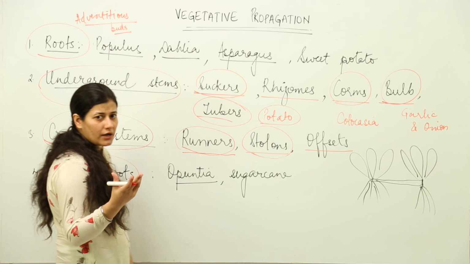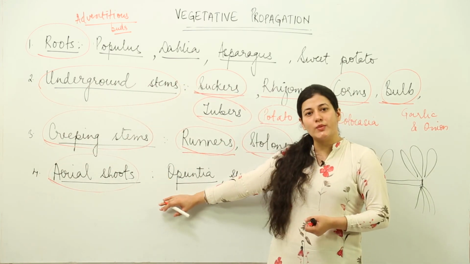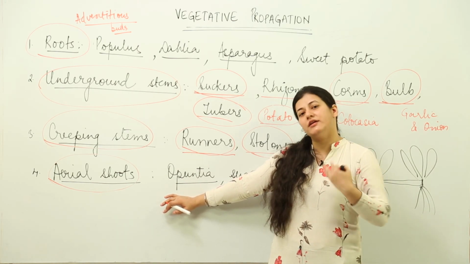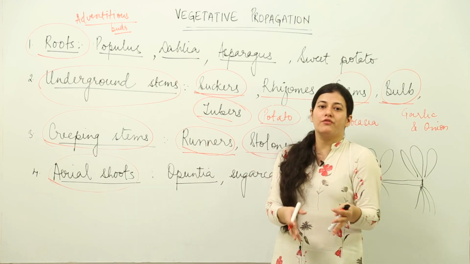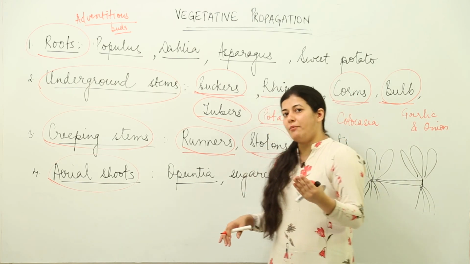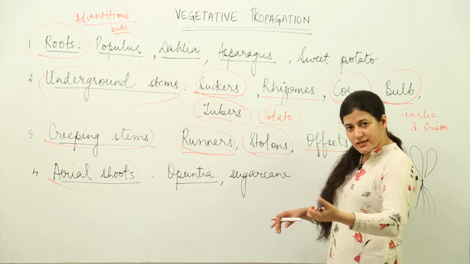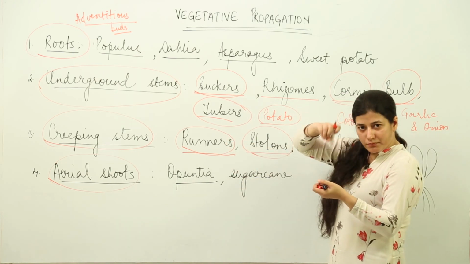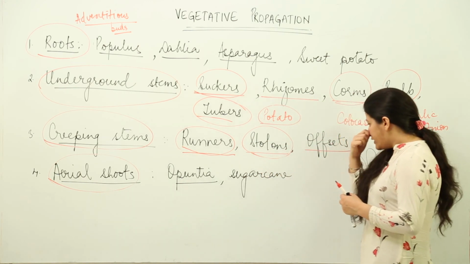Then we have the example of aerial shoots. Have you ever seen a cactus, how it reproduces? You might not have observed, never mind. Opuntia is one example where the aerial shoot, that is, part of the shoot, falls down and a new plant is formed. The shoot that has fallen from the main plant is going to give rise to a new plant there and then where it has fallen. Just like the example of budding that we see in animals, where a bud nips off, falls down and gives rise to a new animal. But because we are talking about plants, that aerial shoot part will fall down and give rise to the root and shoot system of the respective plant.